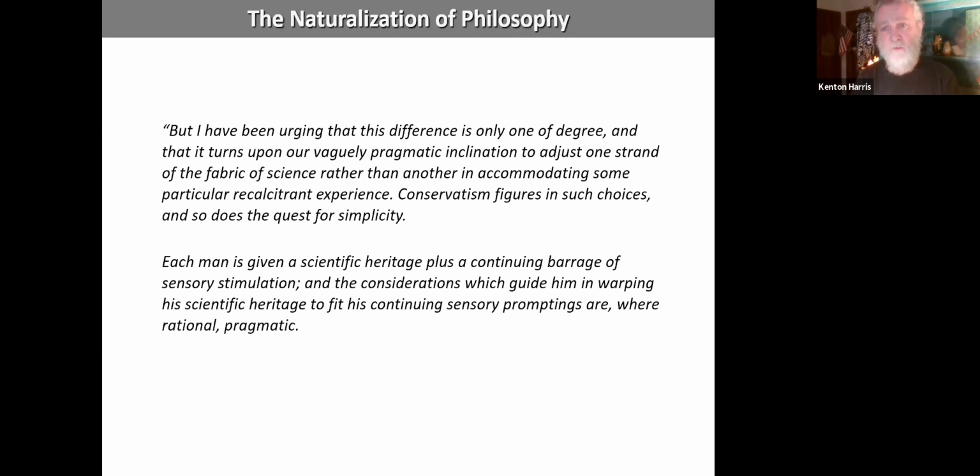Conservatism figures in such choices, and so does the quest for simplicity. Each man is given a scientific heritage, plus a continuing barrage of sensory stimulation, and the considerations which guide him in warping his scientific heritage to fit his continuing sensory promptings are, where rational, pragmatic." So what he's saying is, look,